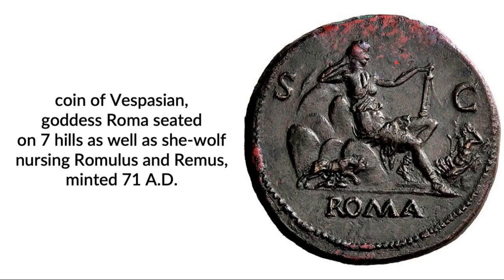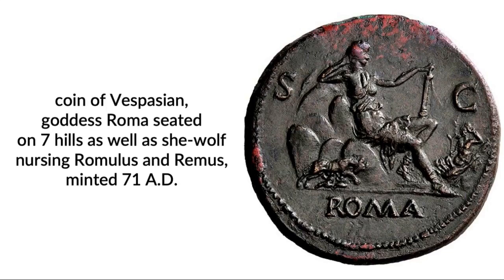Now, this coin has been worn a little bit, so you're going to have to trust me a little bit. But there is the first, the second, the third, the fourth, the fifth, the sixth, and the 7th. So there are 7 hills. She is seated on 7 hills. And then finally, the last thing here at the bottom, we have the she-wolf that nursed Romulus and Remus, those twins that date way back to the beginning of the city of Rome. And so this coin that Vespasian minted actually shows these symbols of the city of Rome. Rome is a goddess, Rome sitting on 7 hills, and of course the she-wolf there with Romulus and Remus.